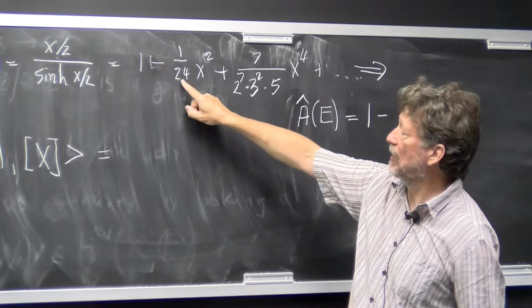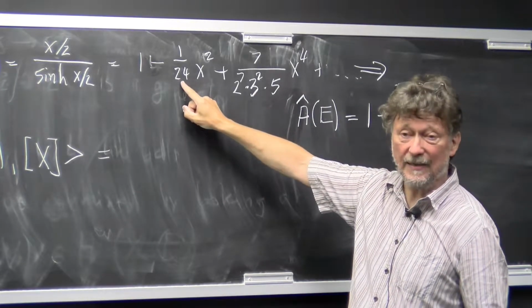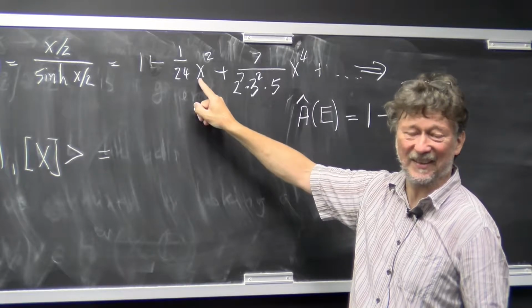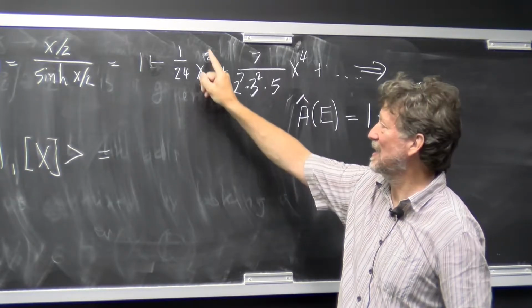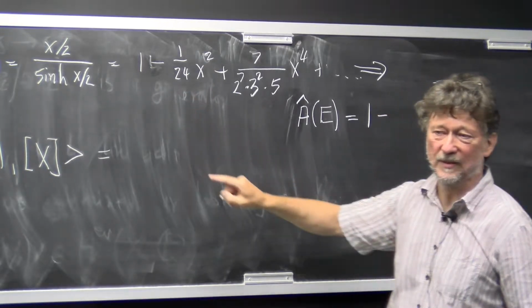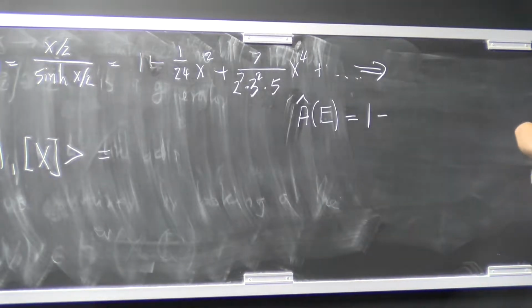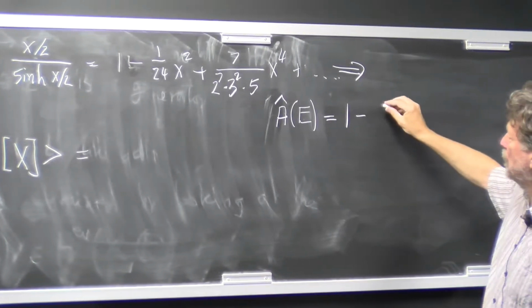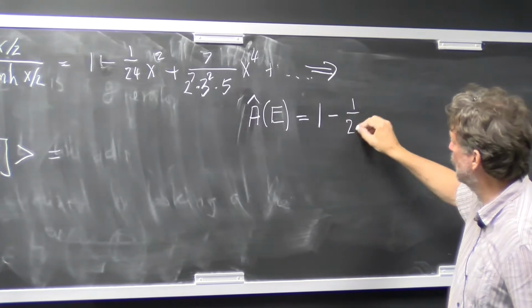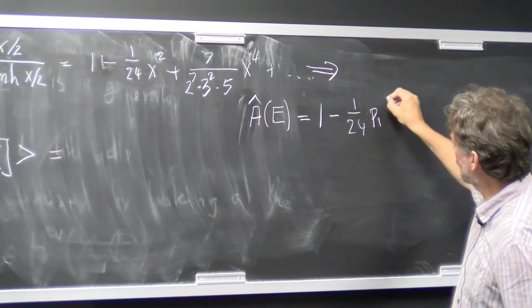And which multiple of the first Pontryagin class it is, well, you can check by just plugging in a line bundle. So that multiple is minus 1 over 24. So that is saying the A-roof genus of E is equal to 1 minus 1 over 24 times the first Pontryagin class of E